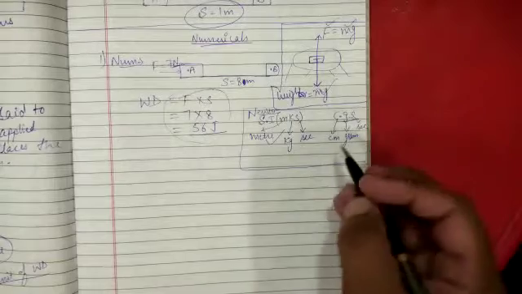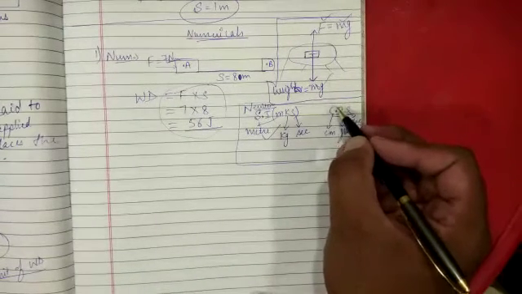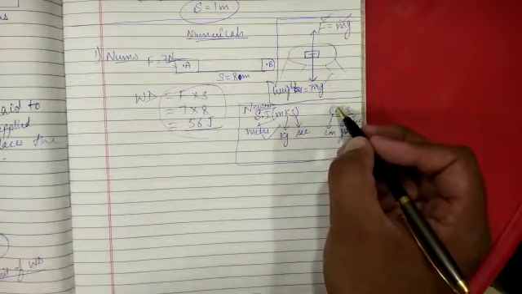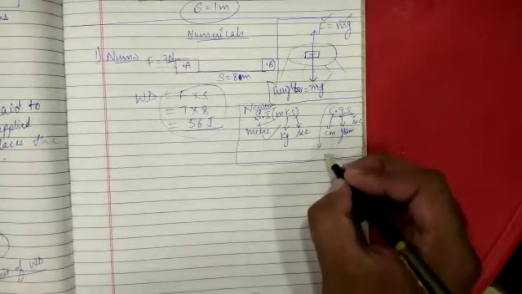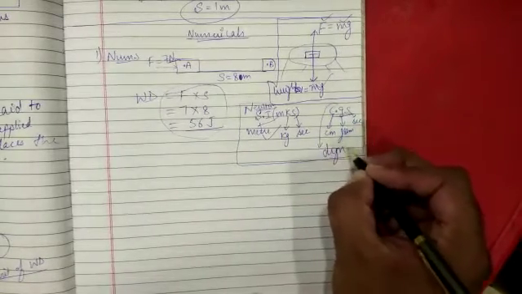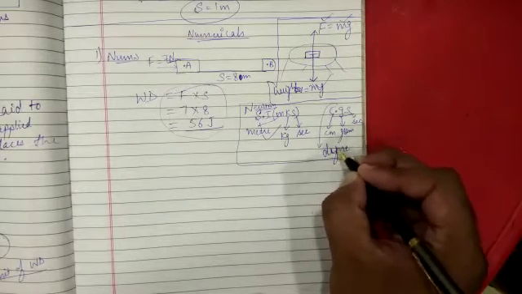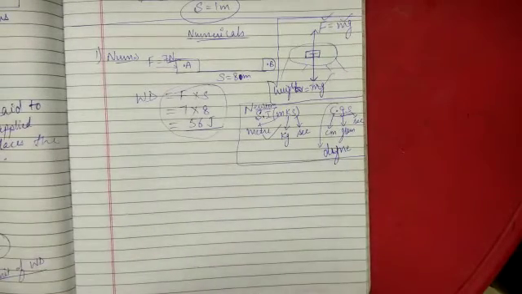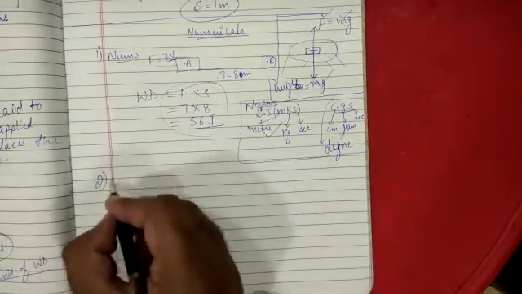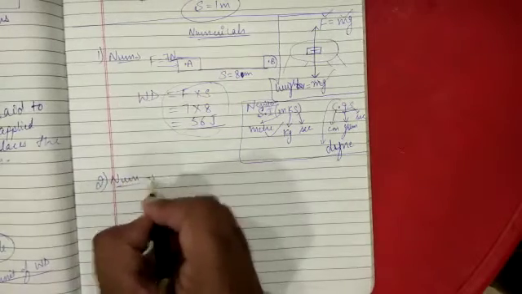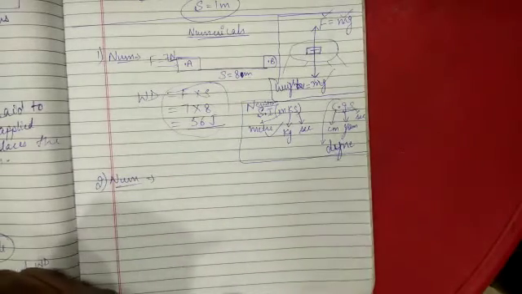Now some of you must be having a doubt: sir, what is the CGS unit of force? It is not in your syllabus, but let me discuss. Actually, this is a little funny name. The name is dyne. The CGS unit of force is dyne. So let's proceed to the next numerical.